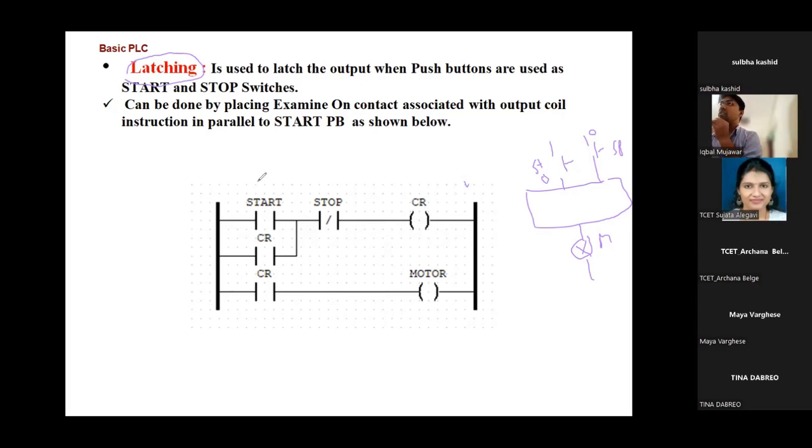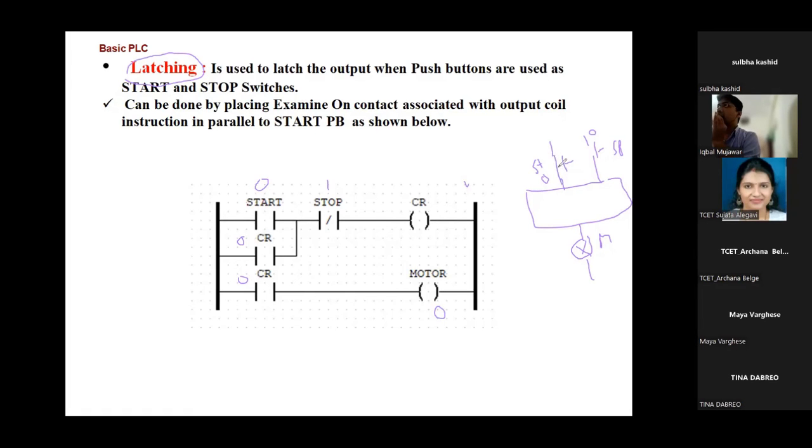Then here what is the state? 0. ये 0 पास करेगा. What is state? 0. ये 1 पास करेगा, और आउटपुट तो ऑन ही नहीं है, तो ये 0 रहेगा. बिकॉज मोटर इज ऑफ, तो रिले भी ऑफ रहेगा, तो रिले ऑफ है तो ये भी ऑफ रहेगा, मोटर भी ऑफ रहेगा. That is the initial state when I am not touching any switch. Let's say I touch this switch right now.